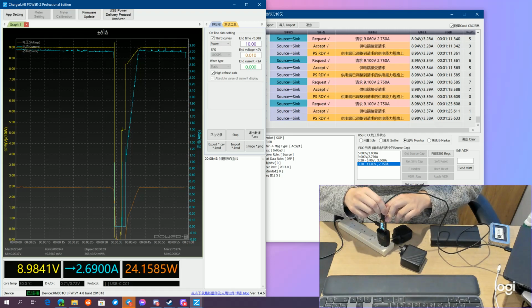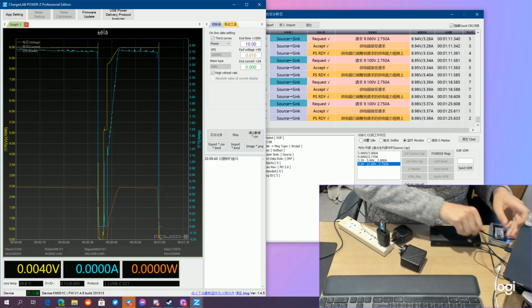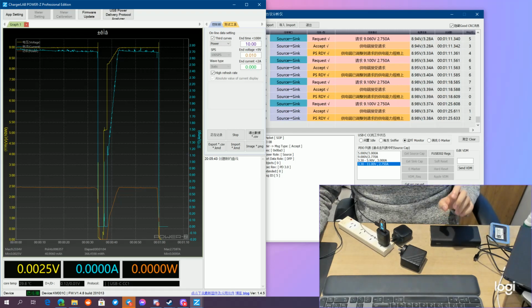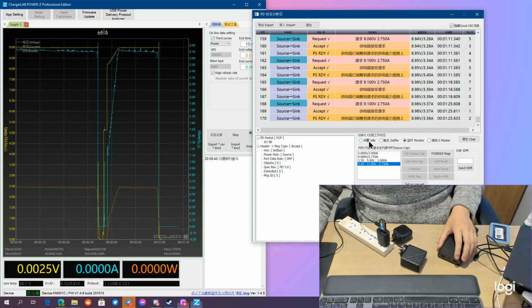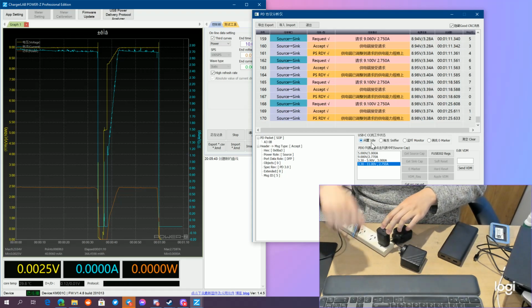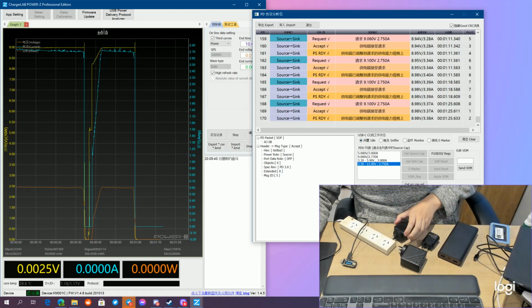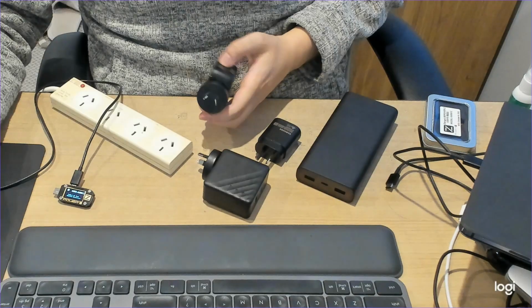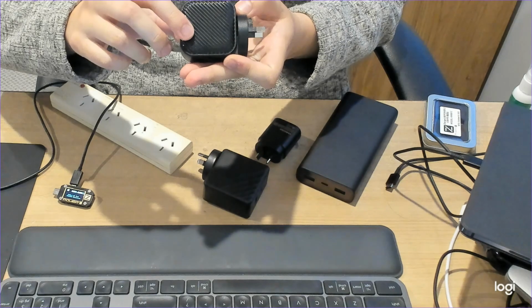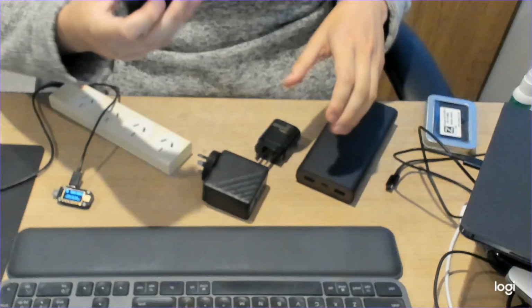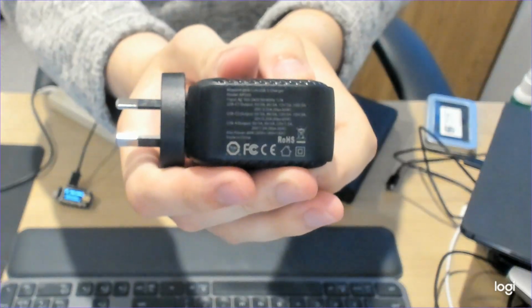Cool. So we've taken a look at that. Let's take a look at a different device. So let's inspect idle. So unplug this charger. What I'm going to take a look at now is this MoPoint 65 watt